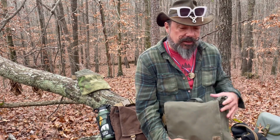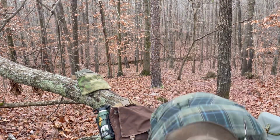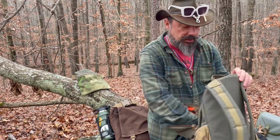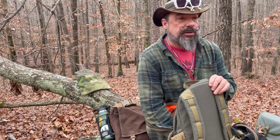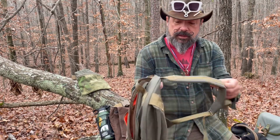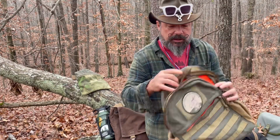I'm like, you know what? I really don't have a backpack. I got rid of all my backpacks, and I really don't have one. So Malcolm had this bag for sale, and I think it was a Christmas sale or something like that, and I was like, that looks like a perfect size to carry with me. Plus it's got these side pockets,